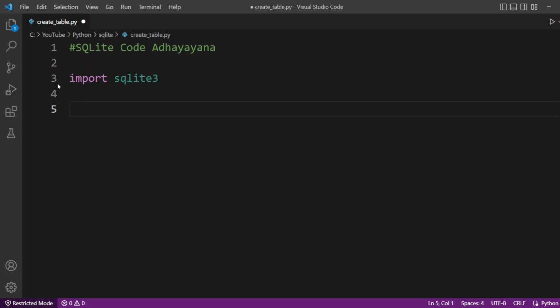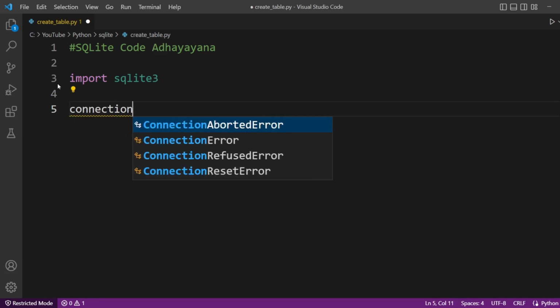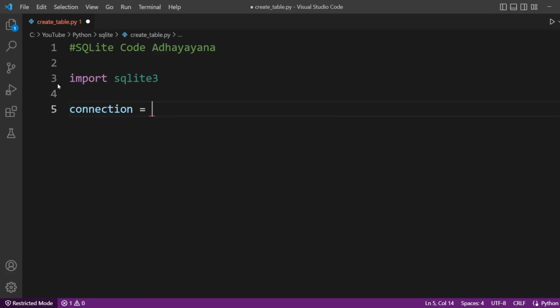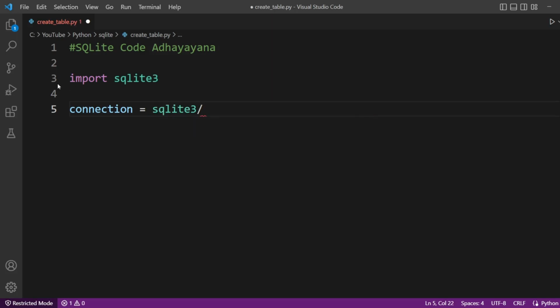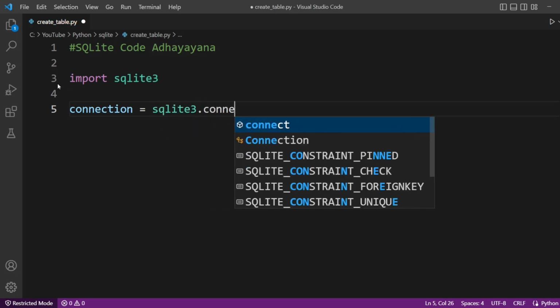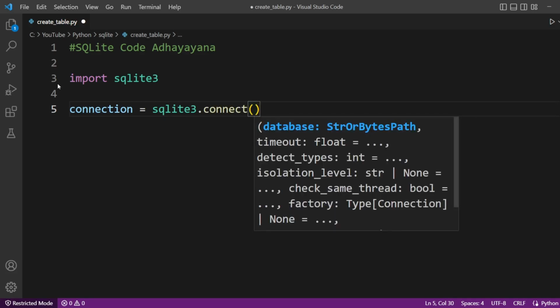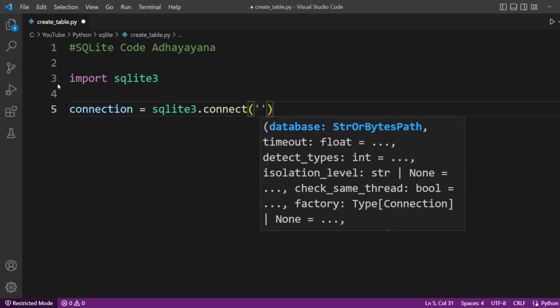Now first thing, we need to create a database. So I will call it connection, the database which we want to connect. sqlite3.connect, and here we need to pass the database name.